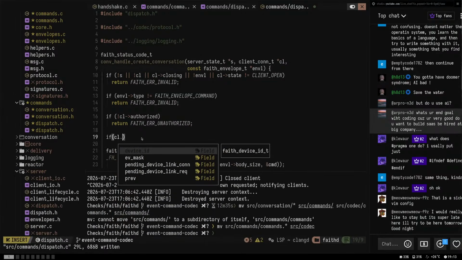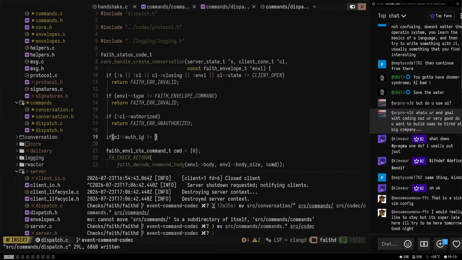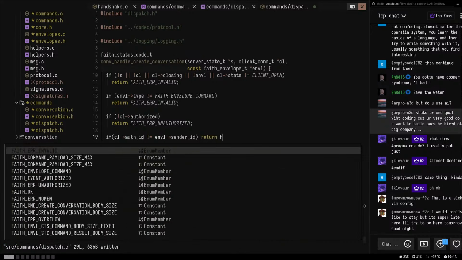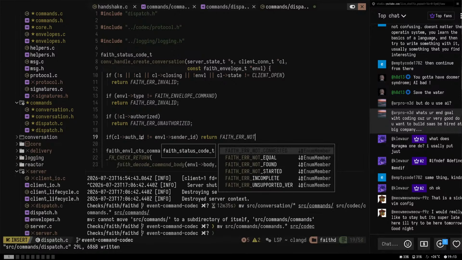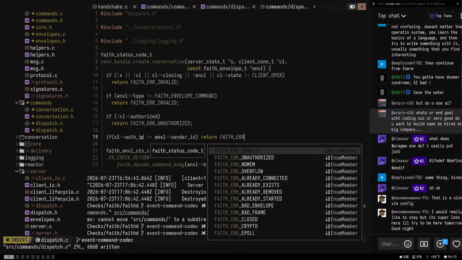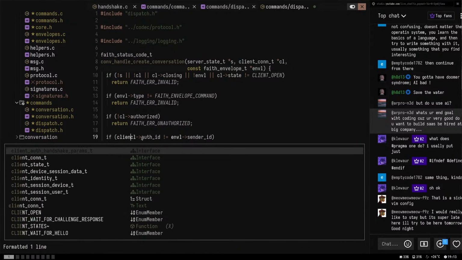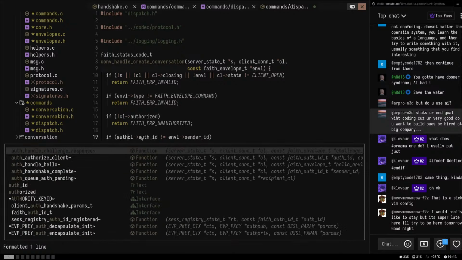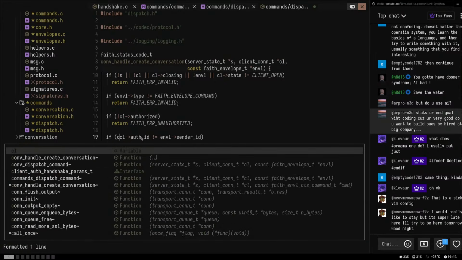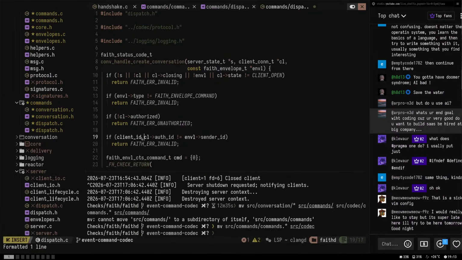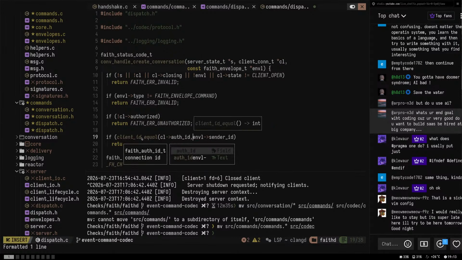No, what we need is if the auth ID does not equal the envelope sender ID, return fh error not, or like invalid. Auth ID equal, client ID equal. If they are not equal,